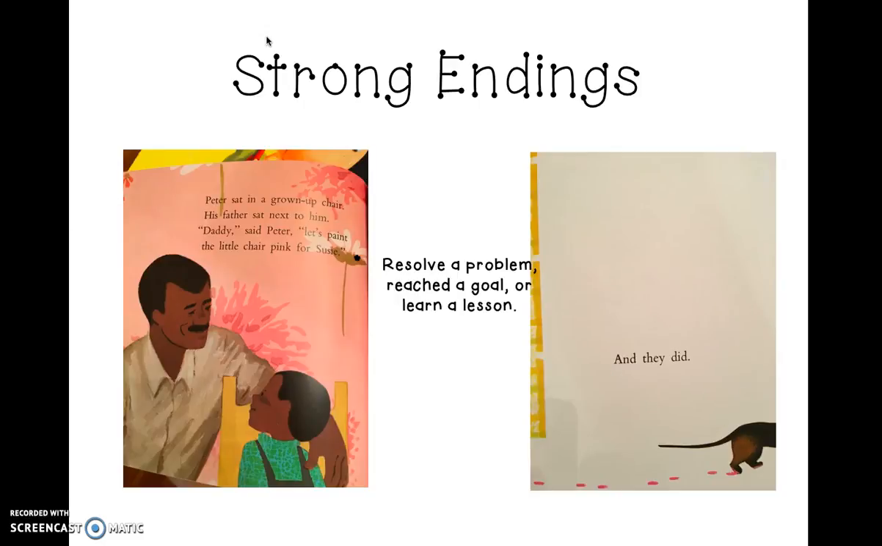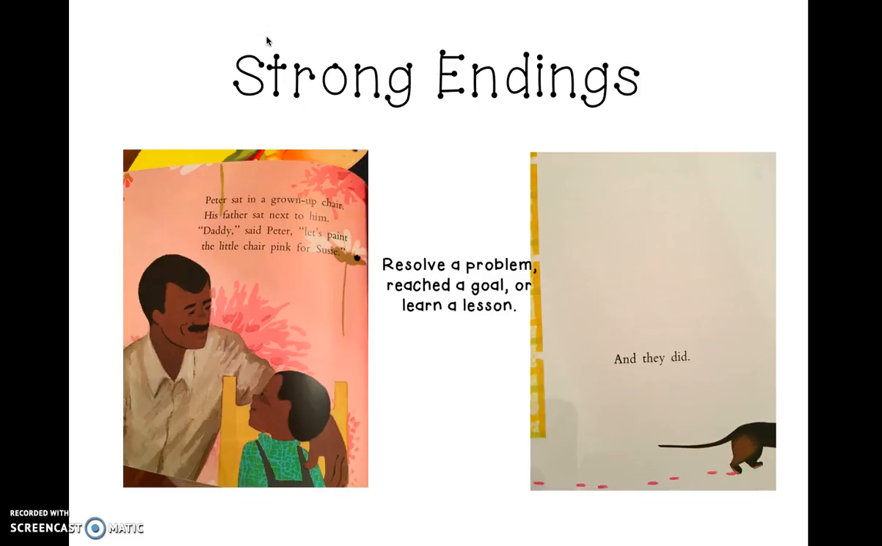In the story Peter's Chair, the author resolves a problem, because in this story, remember, we have Peter who is really frustrated with his family about how they are taking his baby things and giving them to his new baby sister. But at the end of the story, the author says,